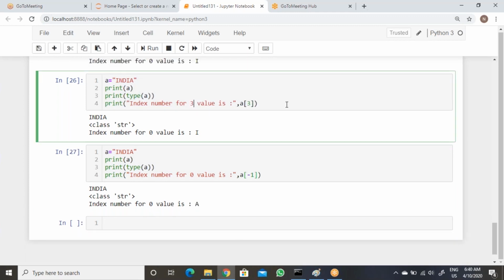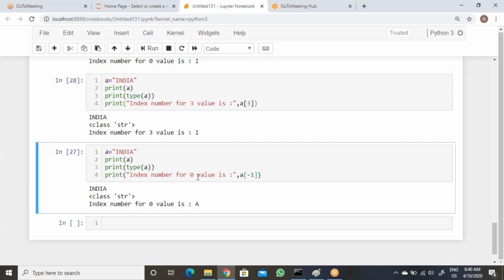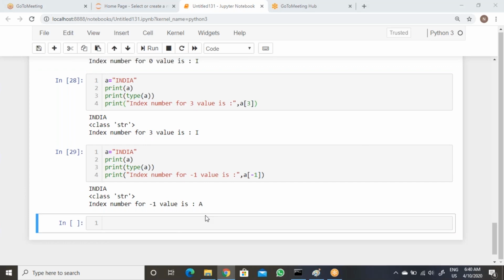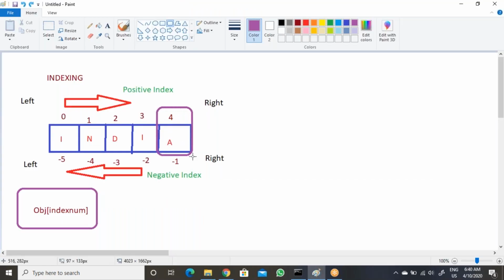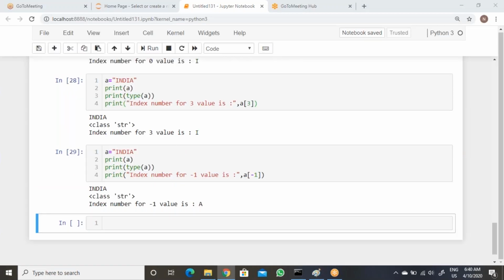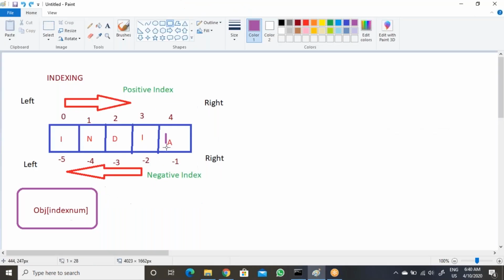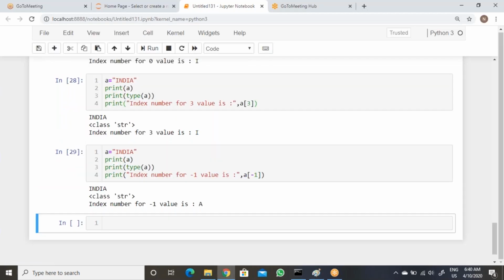Now the same you can do with the minus number also, -1. That will be the index number. So here -1 is A. So we are getting A for this.